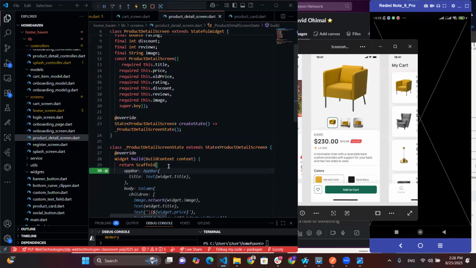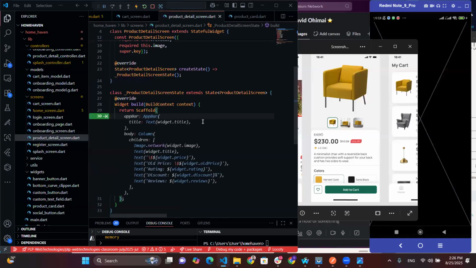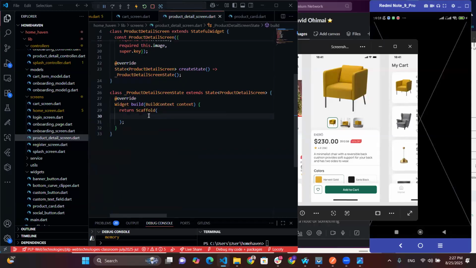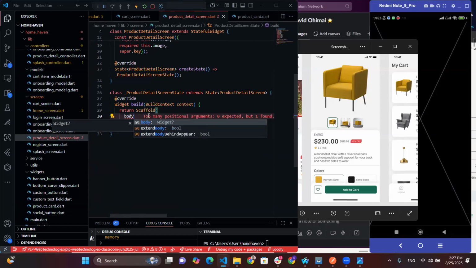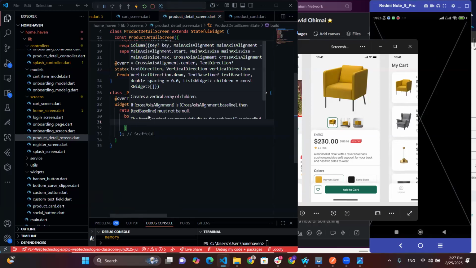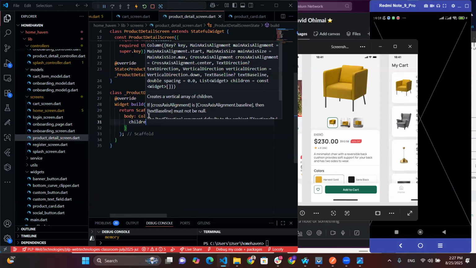So let's go first to the body. We get to our body. Can bring in a column, and column with our children. And inside these children, we should have